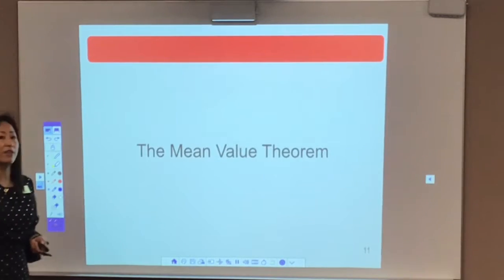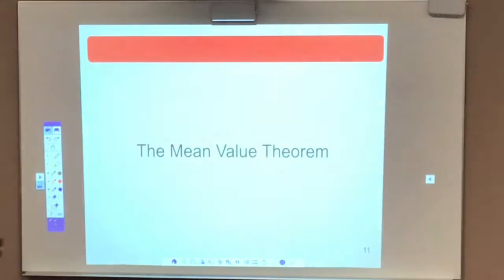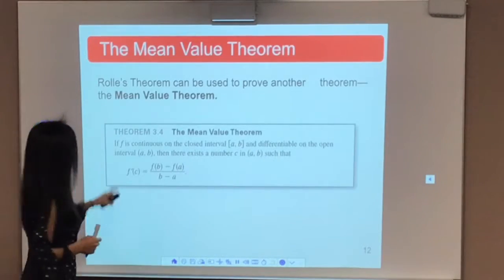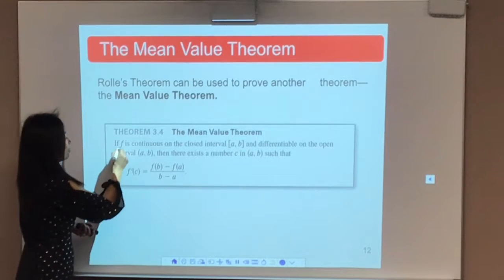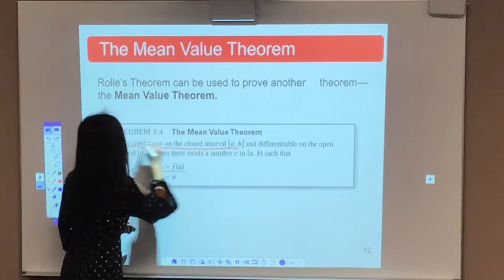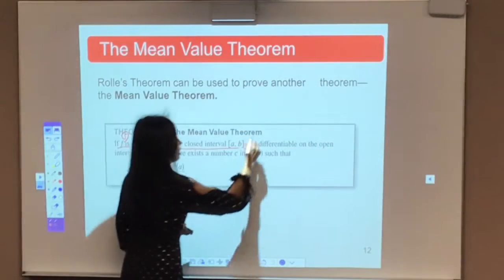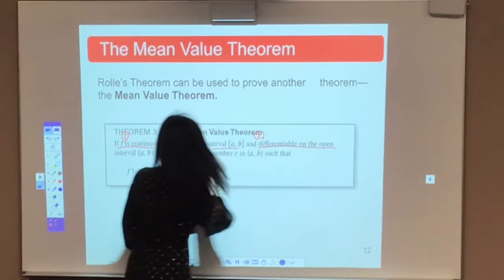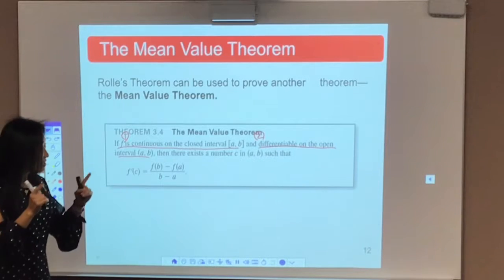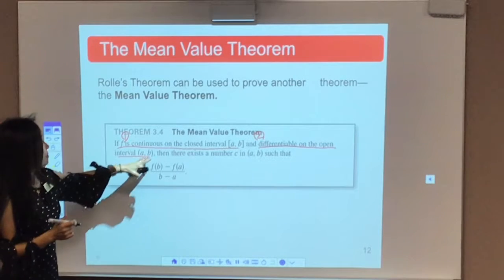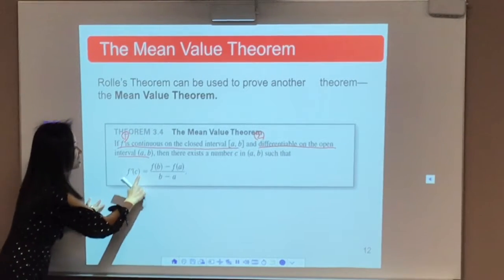Okay, now mean-value theorem. So mean-value theorem is just like Rolle's theorem, but just one thing is different. Look at this mean-value theorem. Let's look at our conditions. F is continuous. Same condition. Is everybody with me? What's next condition? Differentiable, which is the same condition. But there's a third thing that is different. What is it? There exists a number C such that